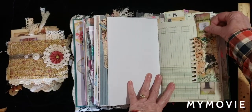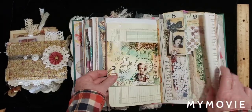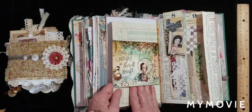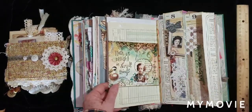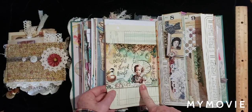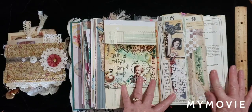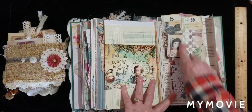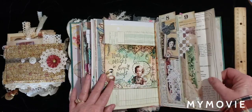And then I cut this out. I love that idea there. Great idea. And I added this. This is a little belly band here. Teach us delight in simple things. Very cute collage. And I love these. These are more thin examples of little tags that you can make with